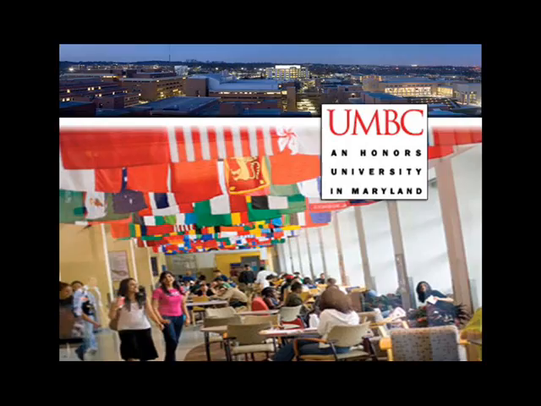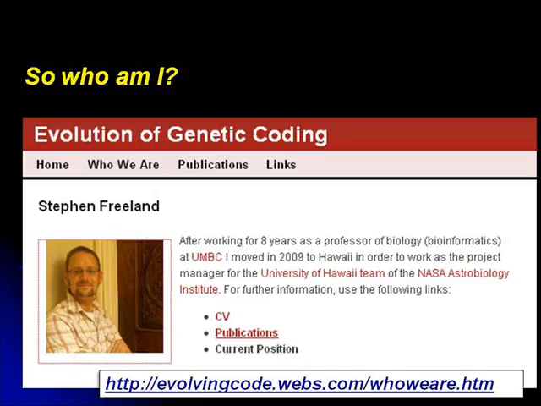But before I came here, I worked as a straightforward professor of biology in the University of Maryland system. There I ran a research group and taught courses in evolutionary biology. Before that, I was a postdoctoral researcher at Princeton University Department of Ecology and Evolutionary Biology. Before that, I studied for a PhD in genetics at Cambridge in the UK. And before that, I was an undergrad, just like you, studying zoology at Oxford University.